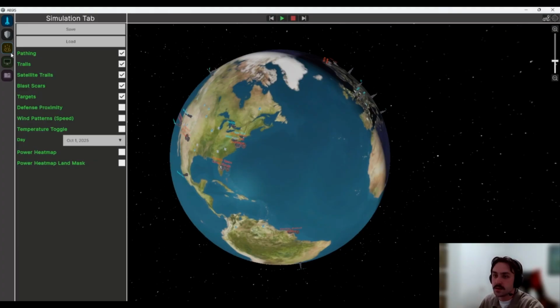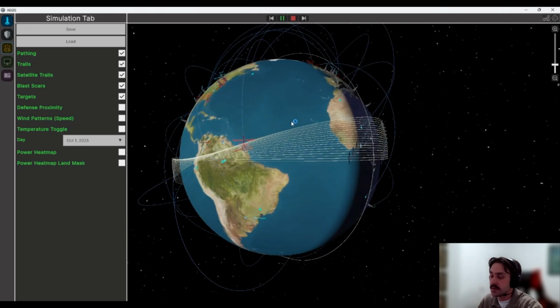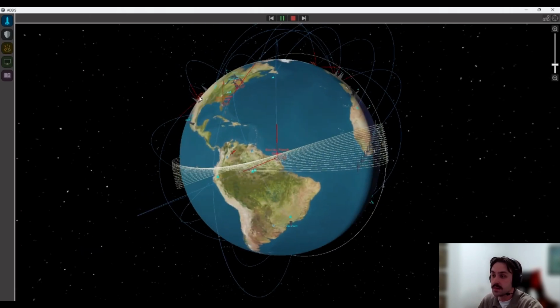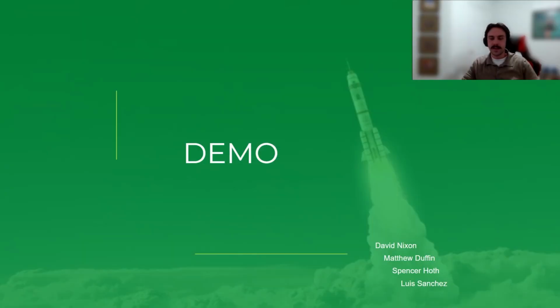So if I click play here, this one's going to take a little bit more time to load as we are loading in a huge number of missiles. It's around 50 missiles that are being loaded in, as well as satellites to show off some of the satellite visualization of what that looks like. You can see we have a ton of things happening on our screen at once, showcasing AEGIS's full potential. And that's our demo. We have a lot of other features we can't wait to show off on demo day, including dynamic wind pattern data that has an overlay, power overlay, as well as our AI chatbot. So we hope to see you there.